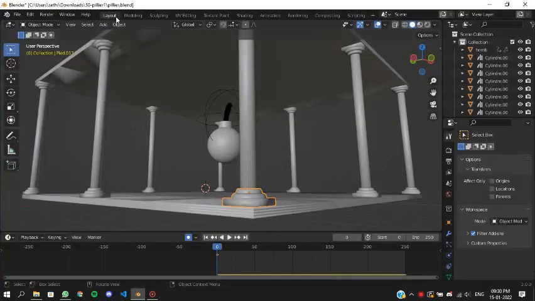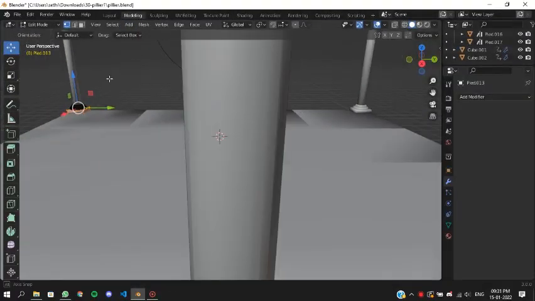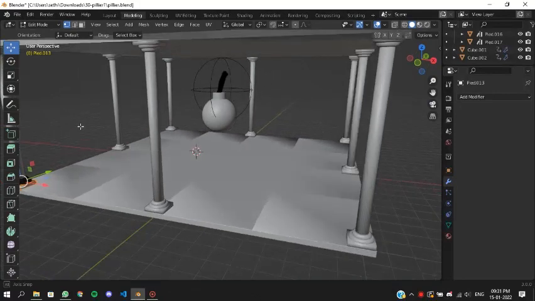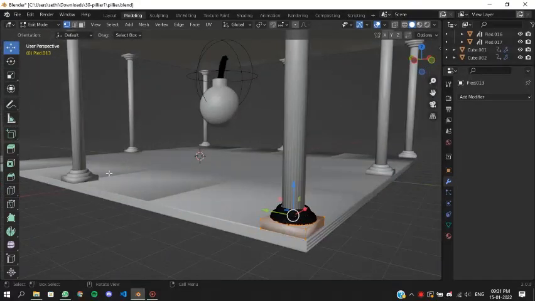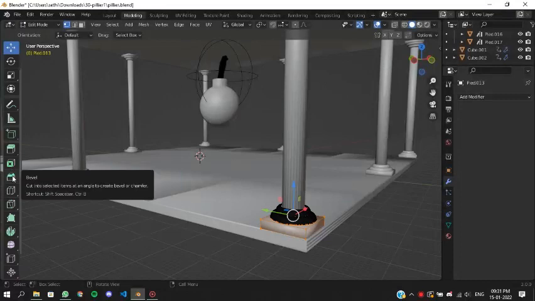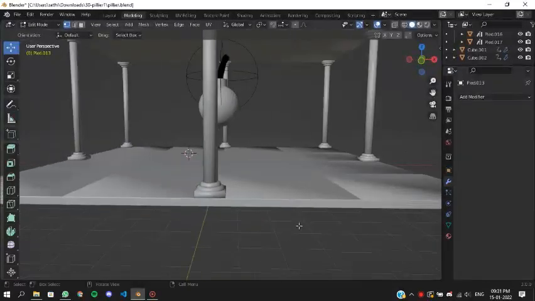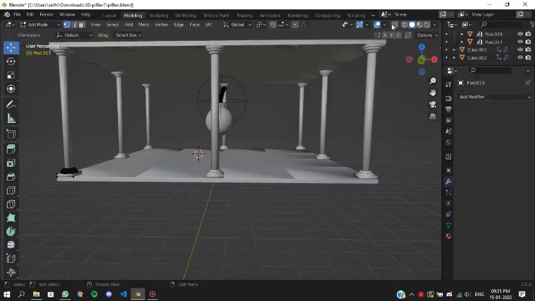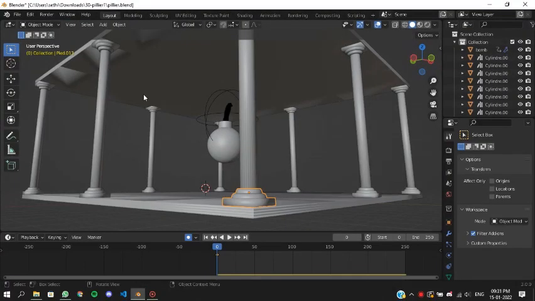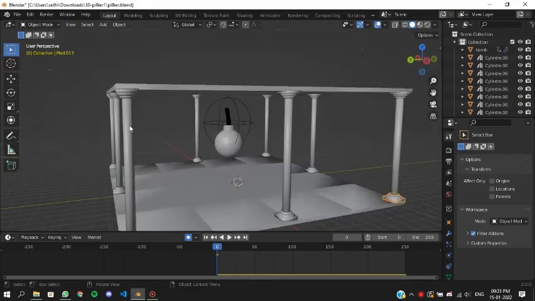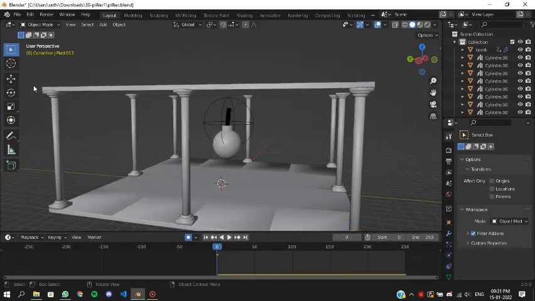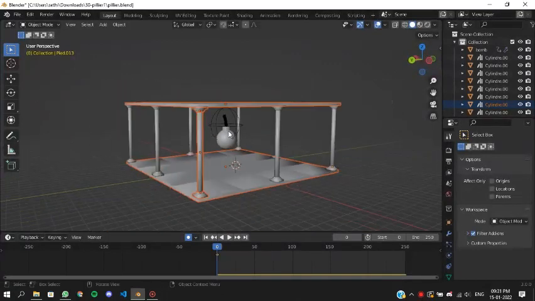And then using the modeling tool, I modeled this thing with the help of the bevel tool. What the bevel tool does is help you confine the edges and make them smoother. Then I selected one pillar which I had created and restacked it over the others. That means I duplicated them and stacked them side by side.